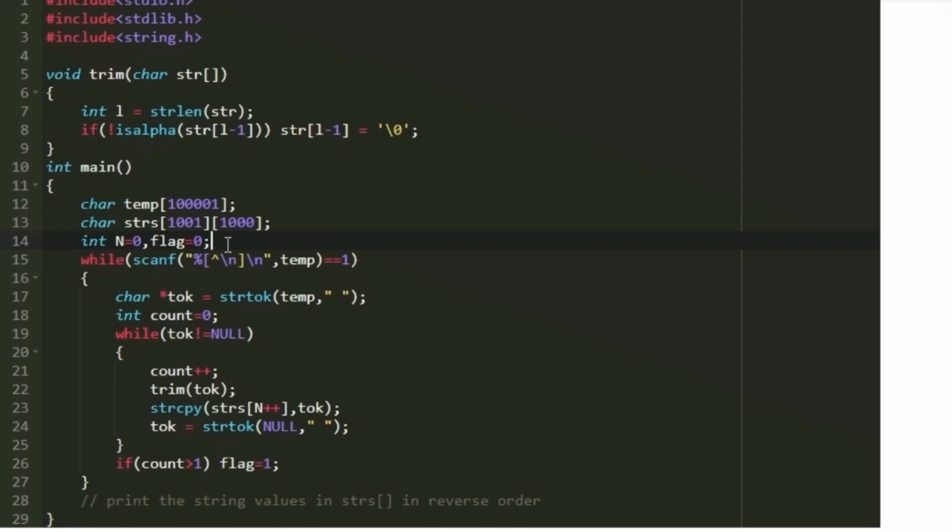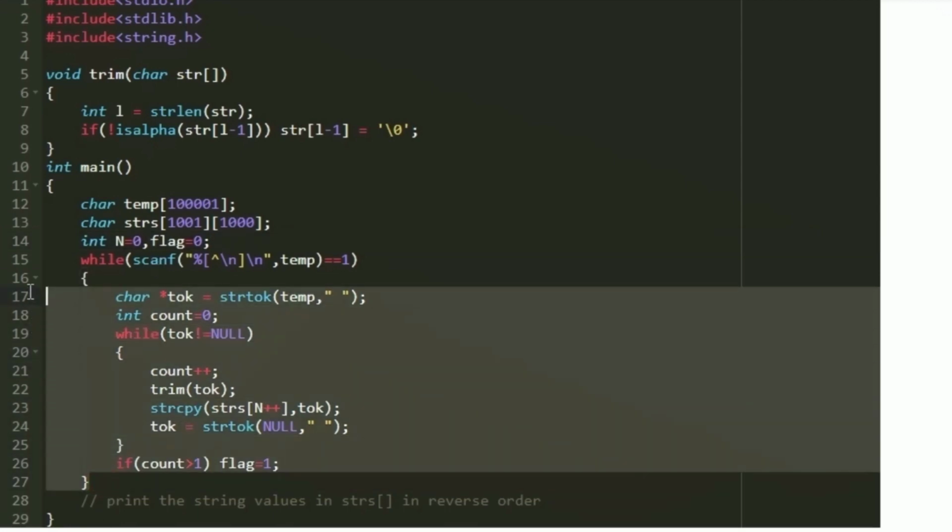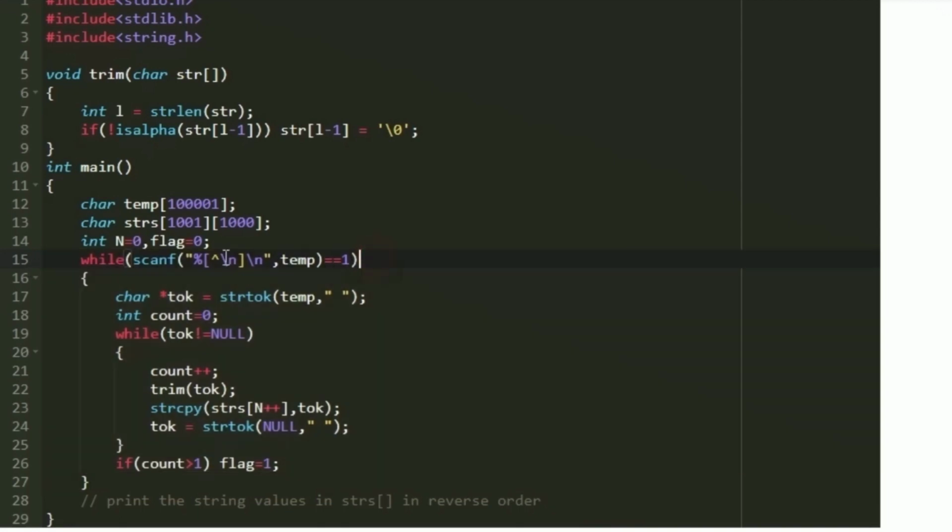Now we are going to accept our input, and we don't know how many words are given in the input. So we are going to create a while loop, and within its arguments we are going to put the scanf statement. We are going to accept the space separated string as input. The syntax for accepting the space separated string is as such. We have to give the power symbol and then slash n. After accepting the space separated string, we have to move to the next line, so after the square brackets, again I am giving a slash n.